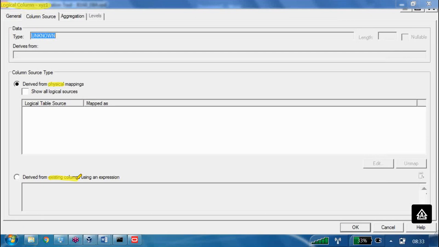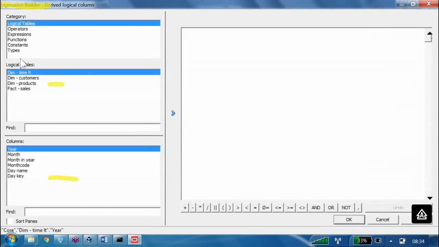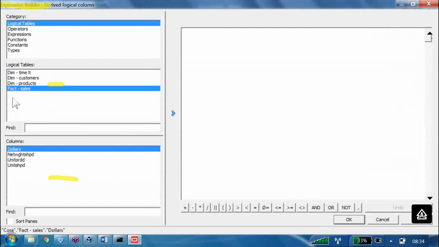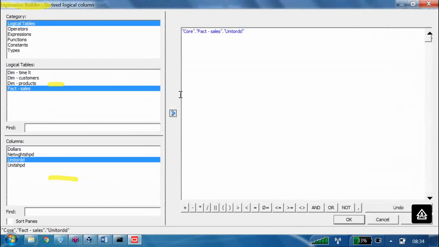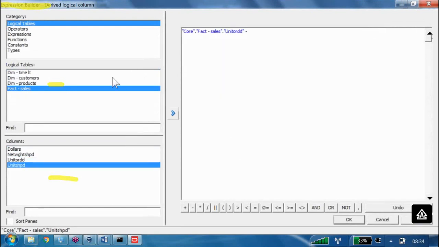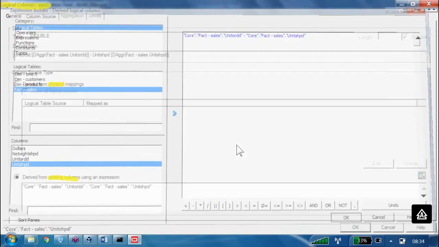For example, let us say I take here Derived from existing columns using an expression. Click on Edit Expression. Now we can observe Fact Sales, for example, unit ordered minus unit shipped. I am doing that here, okay.